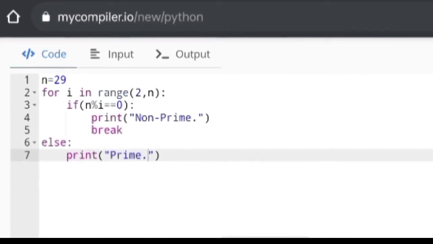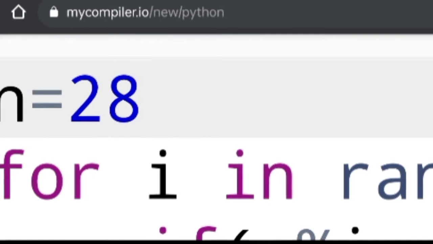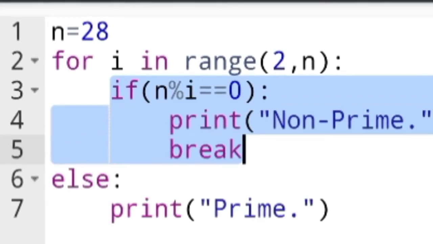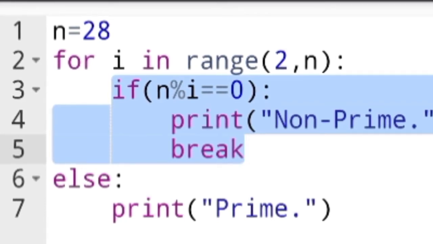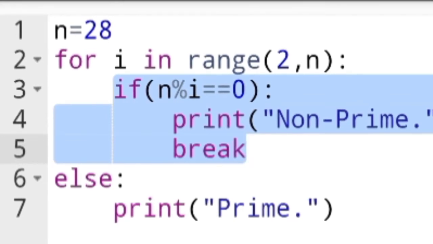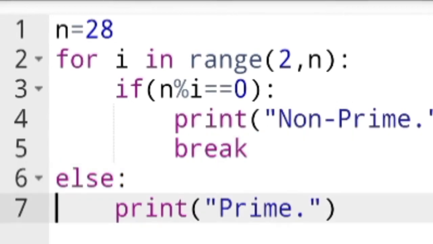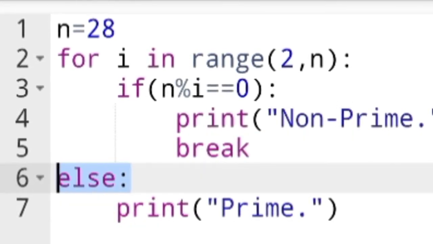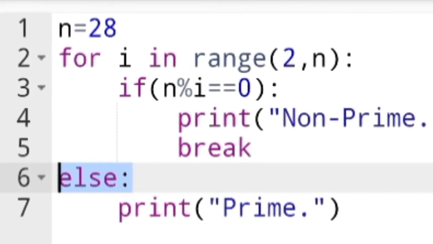It is well known to us. In a Python program, one thing really matters, that is the concept of a block. A block is nothing but a program segment. In a C program, you learned that what is in between the two curly brackets is a program segment. Here you can see that under the for loop, there is the if statement, then the print statement, then the break statement. But the else statement is outside the for loop, as there is no space at the beginning of the else statement.